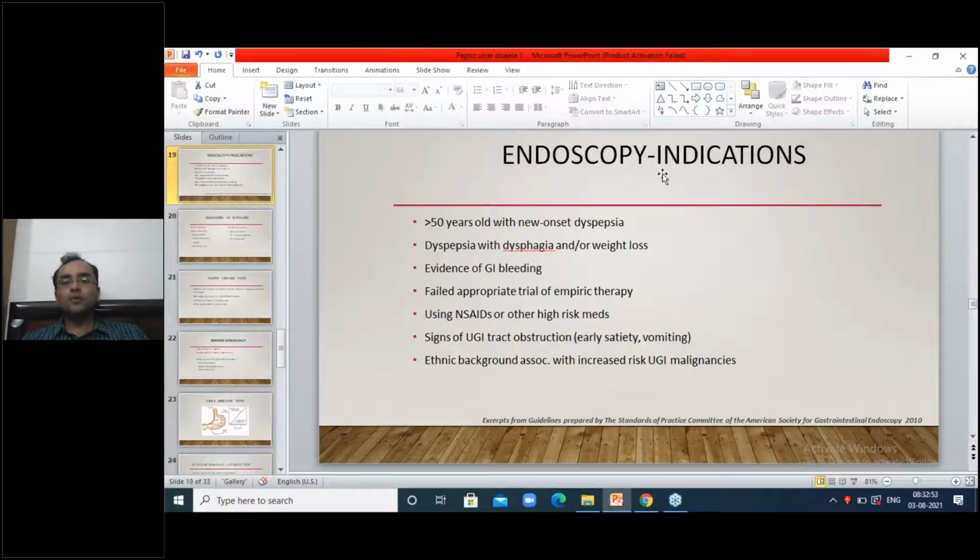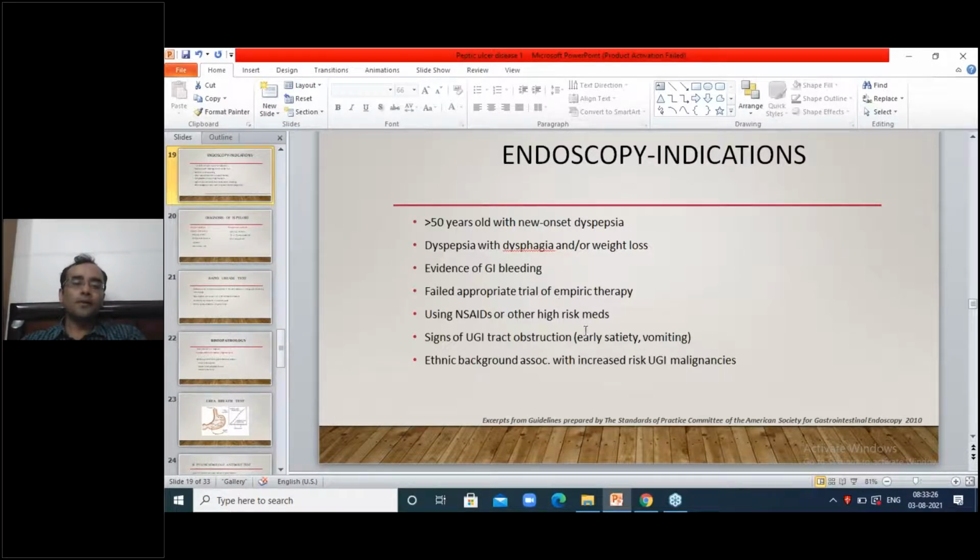So if a patient comes to you with the symptoms of dyspepsia, there are certain red flag signs, and if you find any of them, you will do an endoscopy. Otherwise, you can treat them without doing an endoscopy with a trial of the proton pump inhibitor. So if the patient is more than 50 years old with a new onset dyspepsia, then you need to do an endoscopy. If the patient has dysphagia or weight loss, or has an episode of GI bleed,